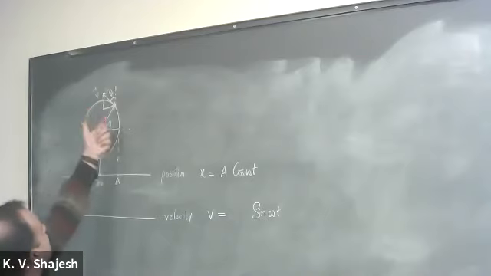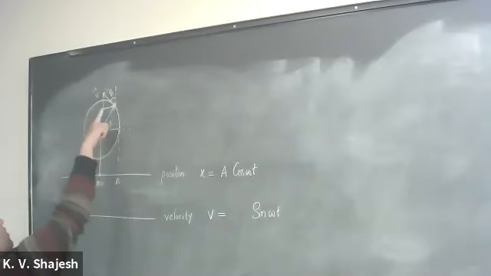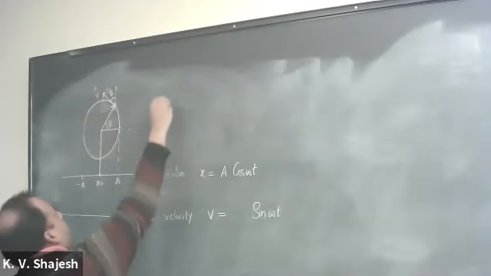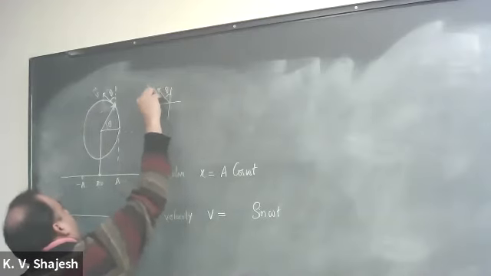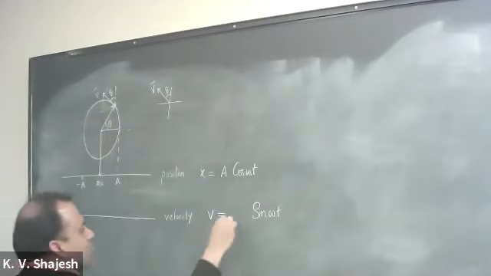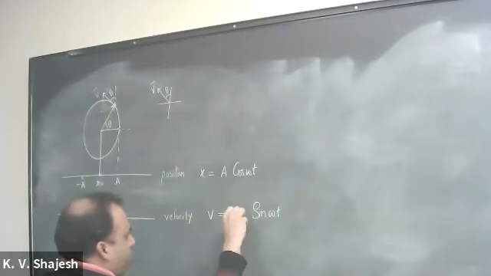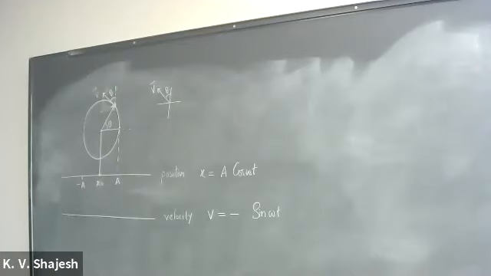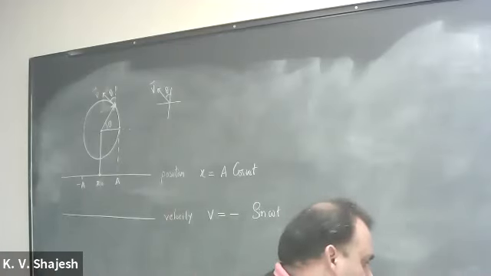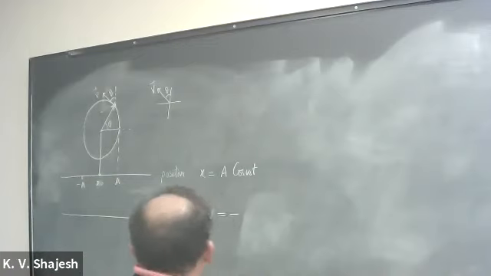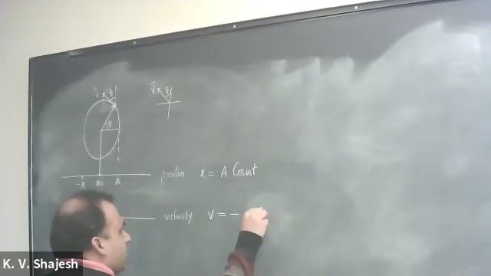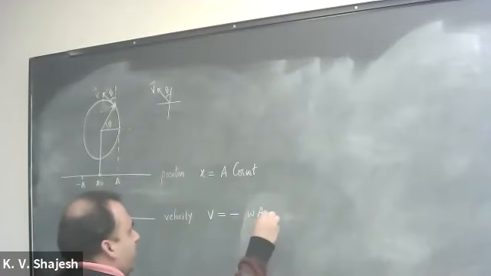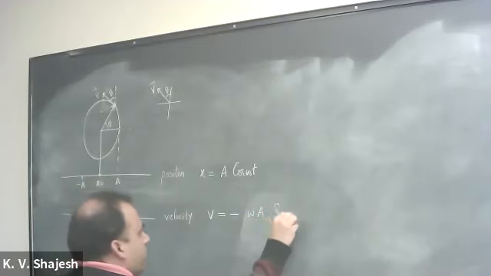Also, the velocity is in the second quadrant, right? If I were to show this clearly, I'll erase that. So that's in the second quadrant with angle theta here. Since it is in the second quadrant, the x component will be negative. So that's a negative sign for that. And what's its magnitude? This is circular motion, so that's omega r, omega times a, omega times the radius. And this sine omega t.